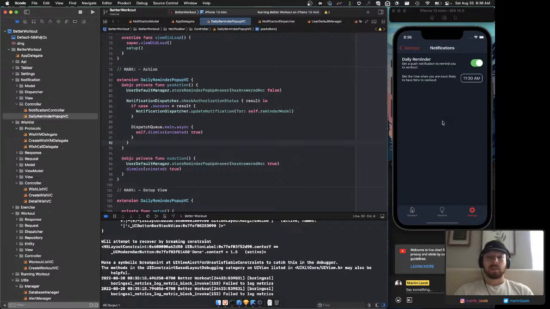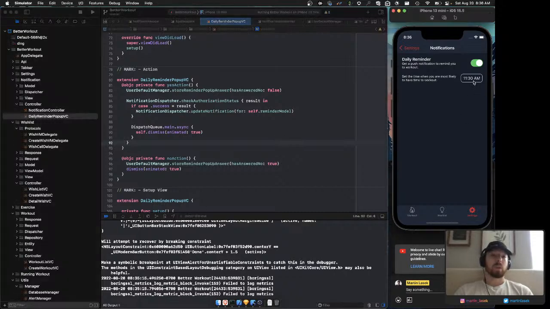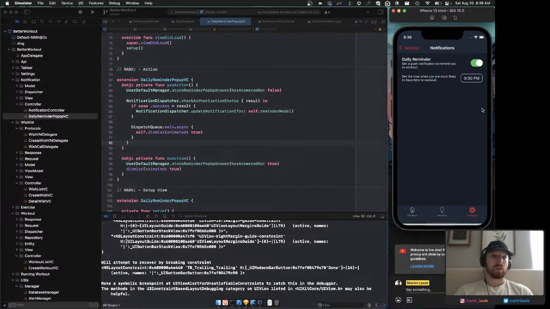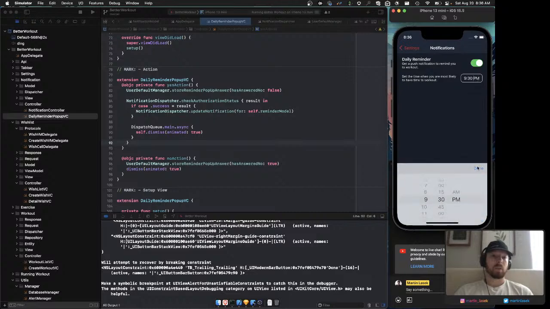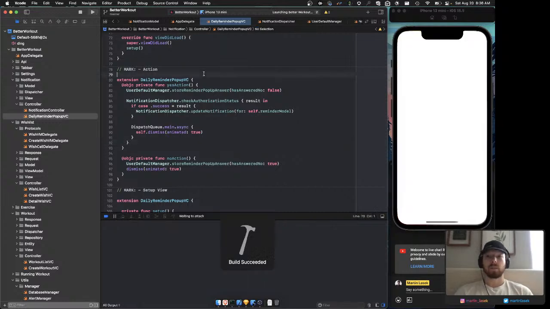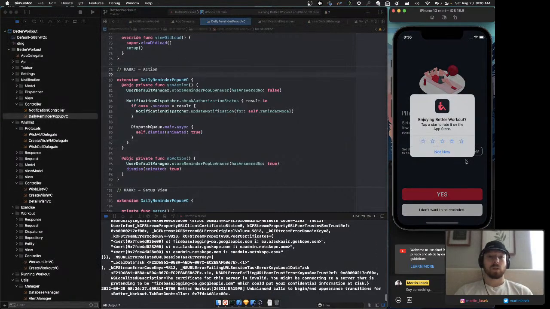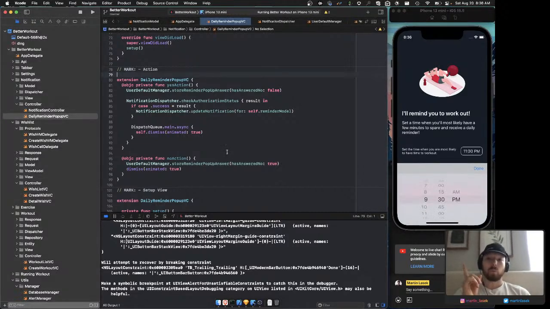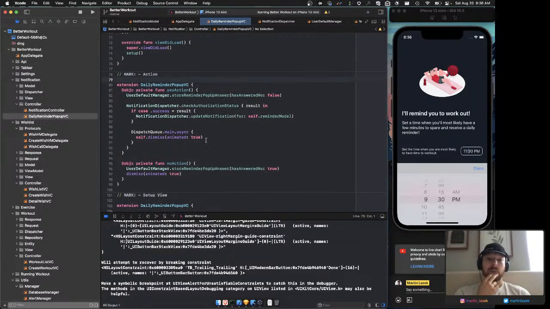And so that's done. And now what we want to do is I want to know why when I say 9:30 p.m. and I open it again, it says 9:30 p.m. That's all right, but this is not the case for here. So if I open it, 11:30, open it again, it's 9:30. And the reason why is because we have,